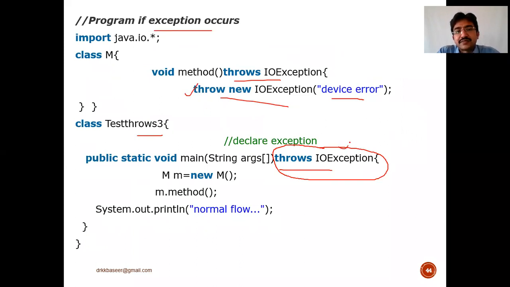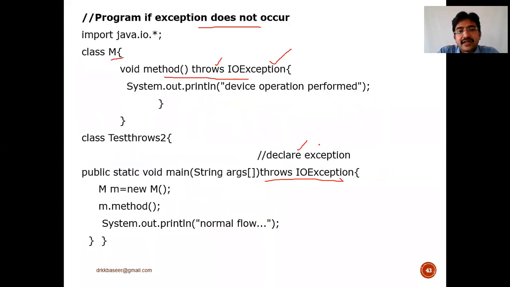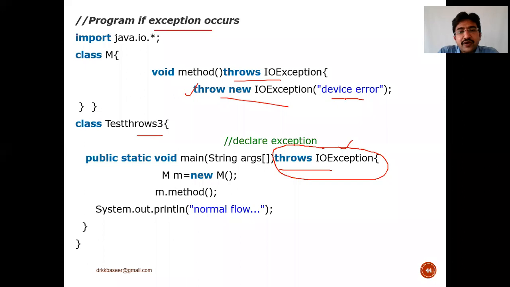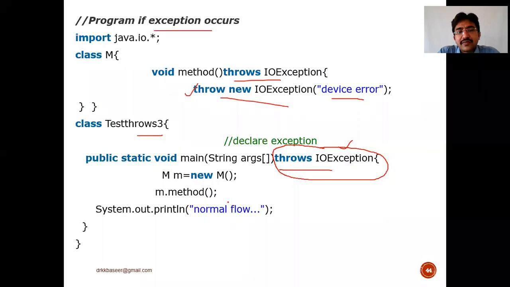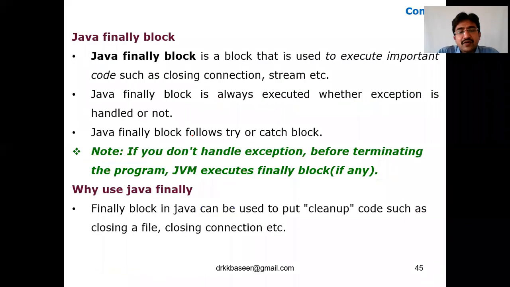We can declare this exception at the main method. Here also we declare the exception at the main method. So the output shows the device error, but when the exception is raised, it does not come to the normal flow. It is only a runtime error that occurs. Okay, so that's one difference over here.